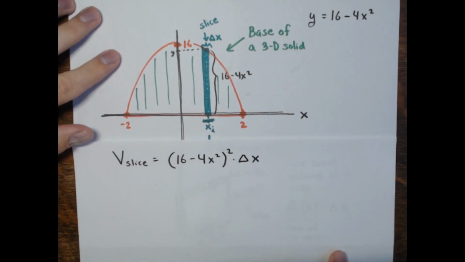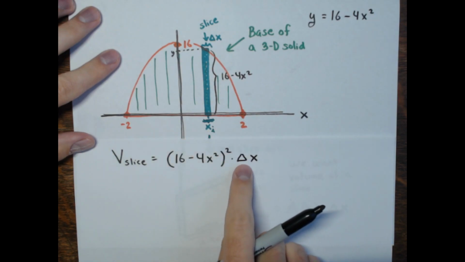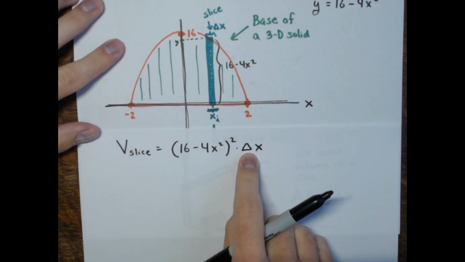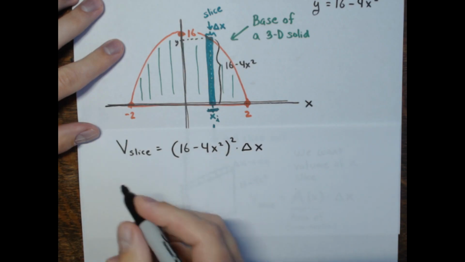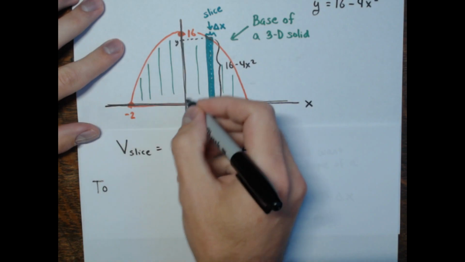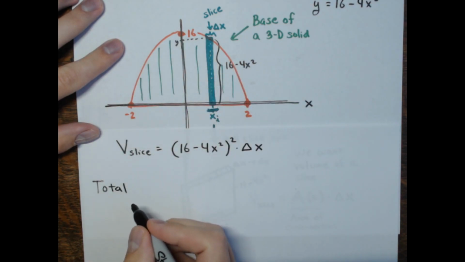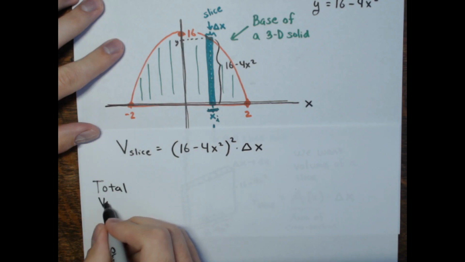Well, we're going to do this for every single value of x from -2 to 2 and add them up. And again, we'll have them be super thin. So I'll call this dx, the differential of x, right? Delta x approaching 0. Call it dx. So the total volume, I do this slicing for every value. The total volume of the three-dimensional solid they're talking about